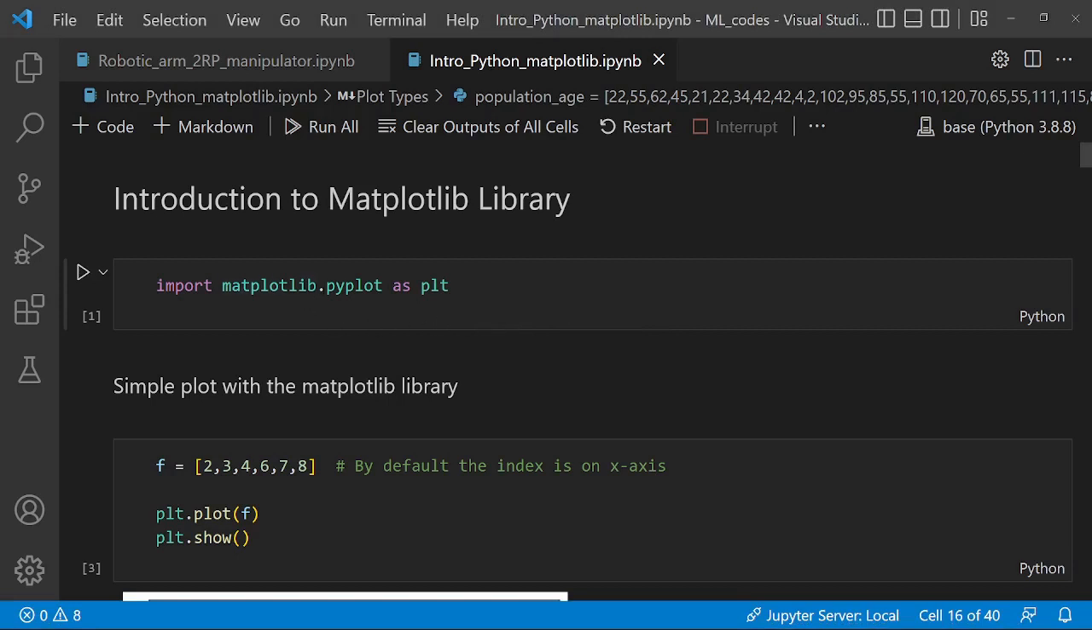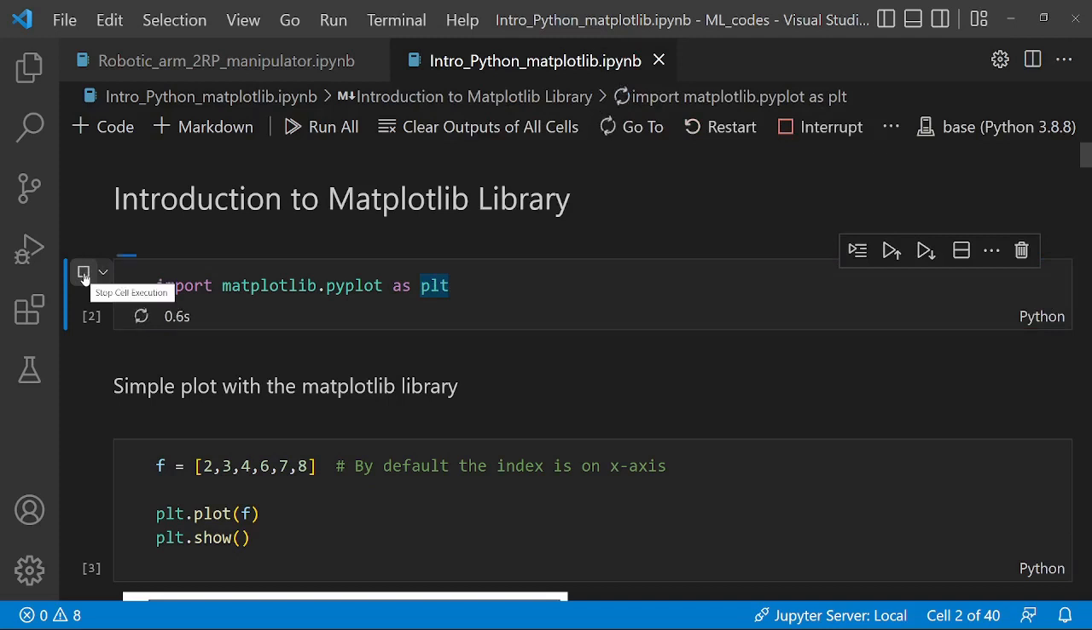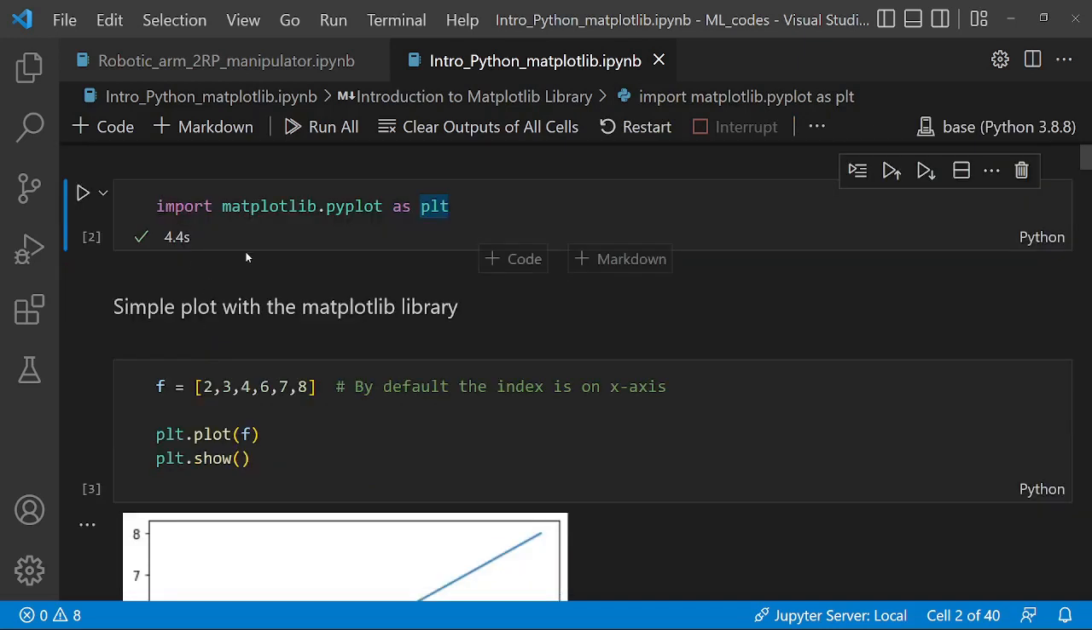Alright, so this is the Matplotlib library, and like every other library in Python, you would first of all import that library. So I'm using the keyword import matplotlib.pyplot as plt. That's the abbreviation that we'll be calling the matplotlib.pyplot library with. Once we run this line, the matplotlib library will be imported to your notebook. That took 4.4 seconds. So after that,